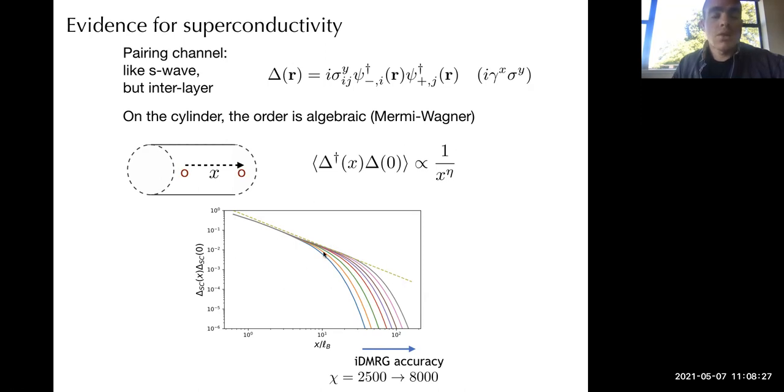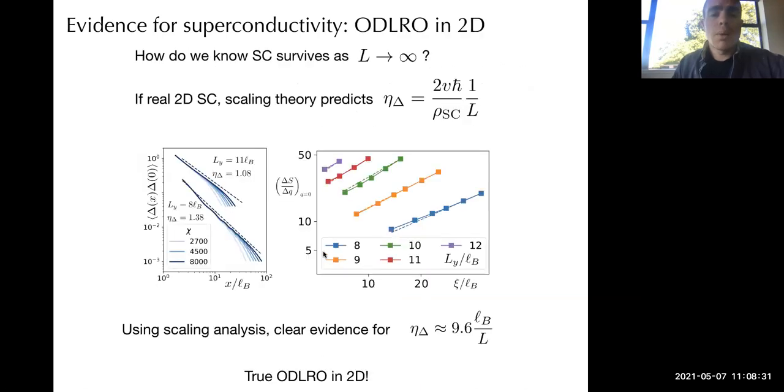Okay, so there's clear evidence for power law superconductivity here, but we can do even better than that. I was showing the results for a particular circumference, but how do we know that this superconductivity is an artifact of a thin cylinder? How do we show that it survives in the thermodynamic limit? So one way to do this is actually to quantitatively look at the scaling of that algebraic exponent. So if you did have a true 2D